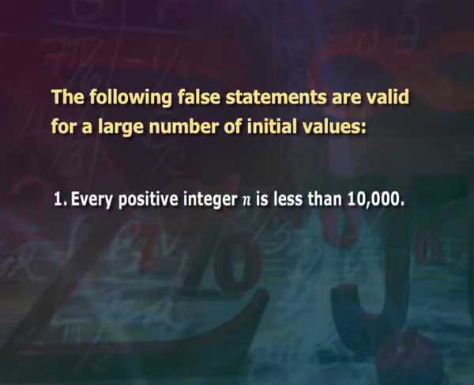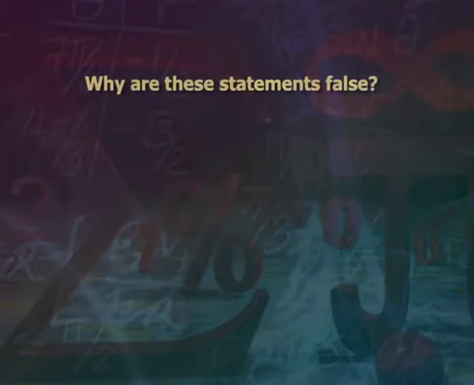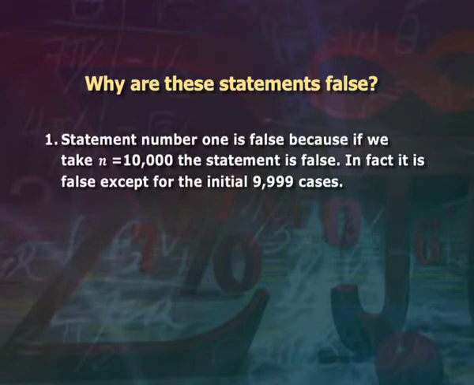1. Every positive integer n is less than 10,000. 2. The formula F(n) is equal to n square plus n plus 41 gives a prime number for each positive integer n. Why are these statements false? Statement number 1 is false because if we take n equal to 10,000, the statement is false. In fact, it is false except for the initial